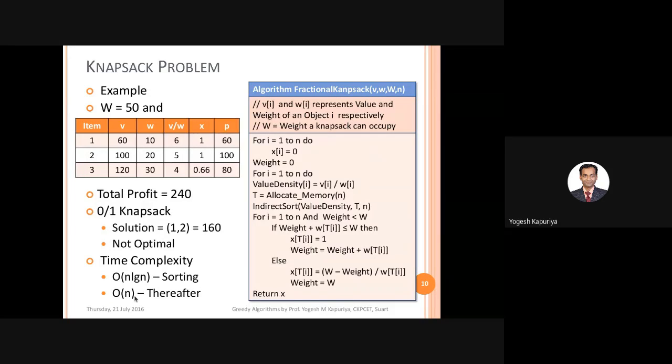So an plus b is big O of n because it is a linear equation, and the time required for sorting is big O of n log n. Whenever you calculate the time complexity for the entire algorithm, the higher order term is considered as the time complexity. So the time complexity of this algorithm is big O of n log n.